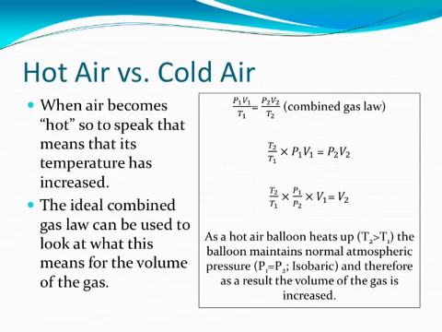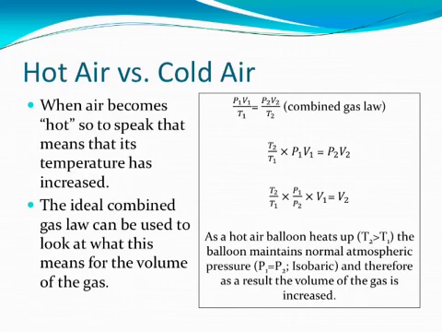Okay, so in looking at a hot air balloon, the first thing we notice is that it's called hot air for a reason, and that is that we heat it up. And when we heat it up, that means that we're increasing the temperature. So we know that the air is made up of tiny little particles, atoms and molecules of hydrogen and oxygen. There's a little bit of argon in there, a lot of nitrogen, CO2, water vapor, etc. And in order to look at what would happen to the volume of that gas when heated,